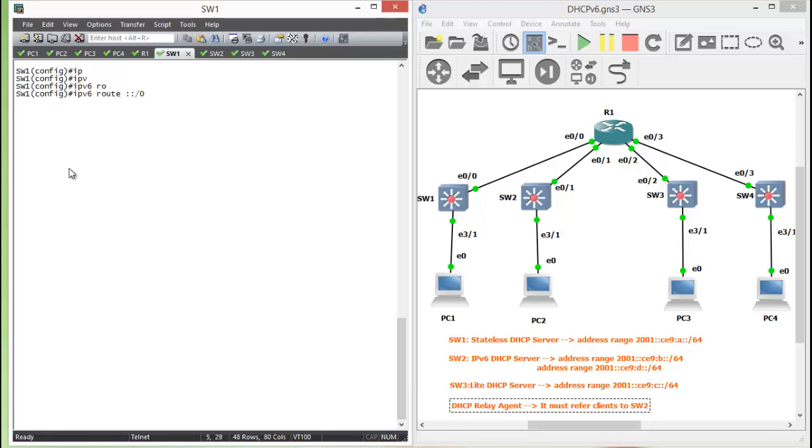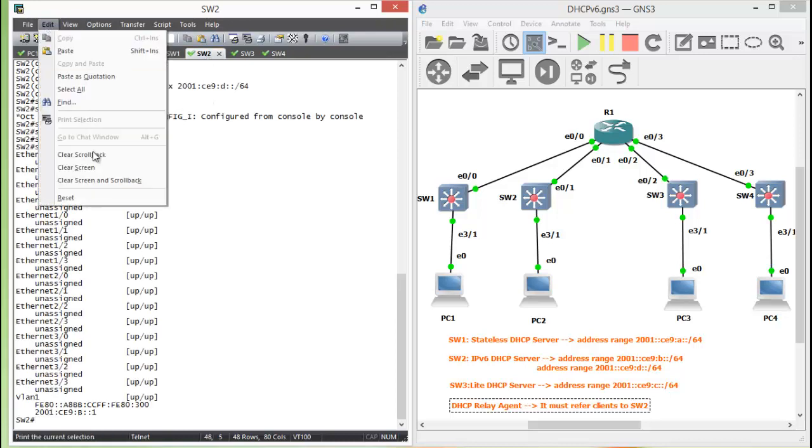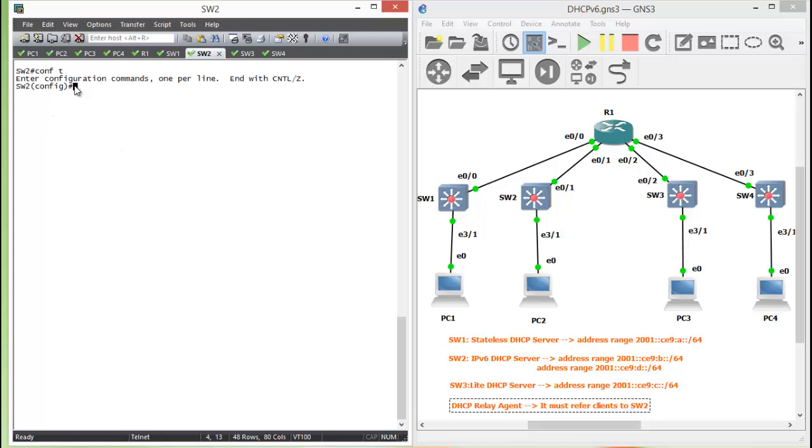IPv6 route ::/0. The next hop is 2001:CE9:A::2 for this. Let me copy this command. For switch 2, we go to global configuration mode, and here this is B, and here this is C, and